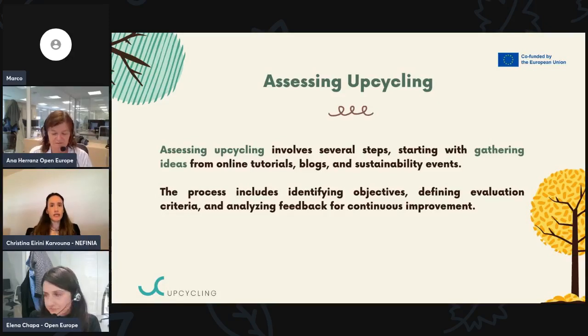Then, of course, we can consider second-hand shops. It's an excellent way to assess upcycling. We can visit physically and interact with all the materials that we can find in the store on the spot. Overall, there are numerous ways of assessing upcycling, offering a practical and fun way to promote sustainability and create problem solving.